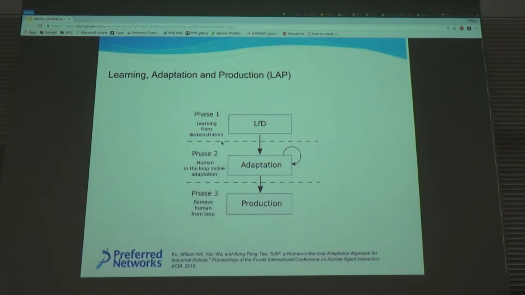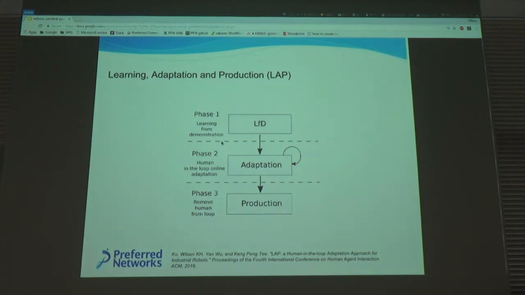But you could also imagine that maybe during teaching the task, there are some small mistakes or small segments that you want to correct. So in this case, I introduced the adaptation phase, where the user can iteratively adapt certain specified segments of the initially learned task to focus on correcting only the mistakes